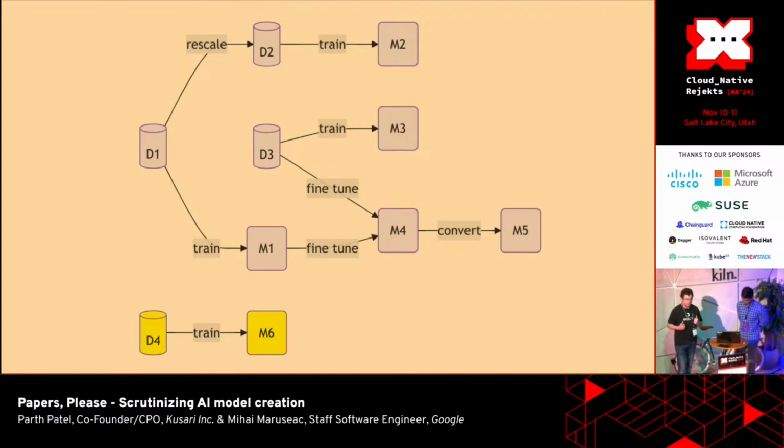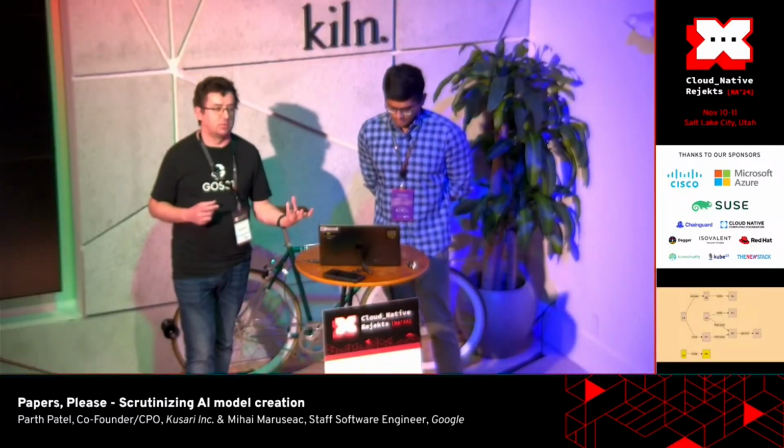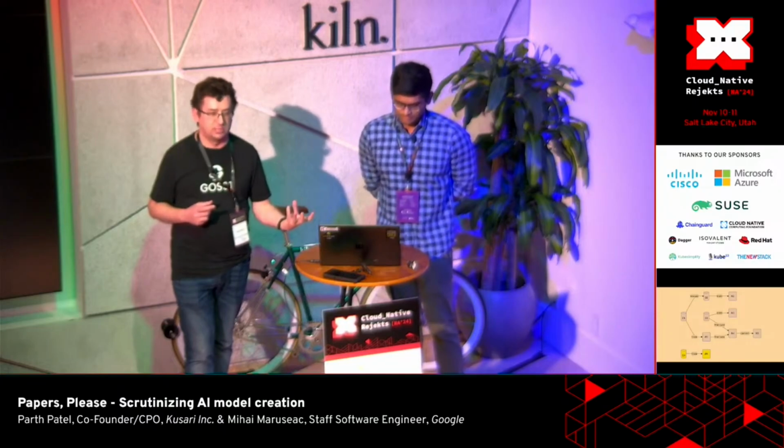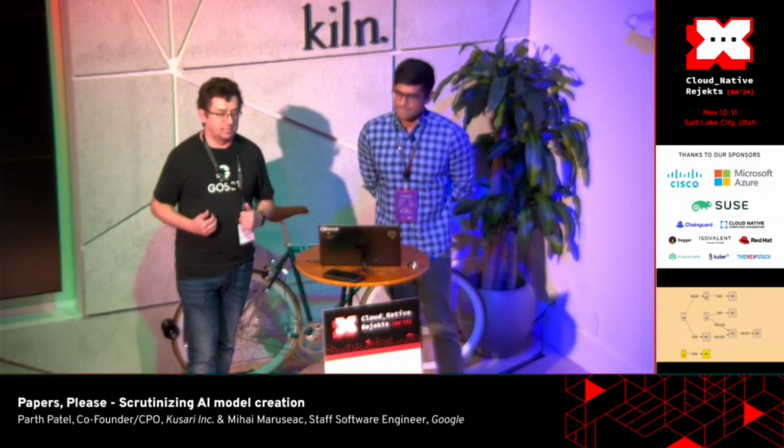And now if we have SLSA attestation for every step in this process, SLSA attestations that are complete, so that record both the input and the output, we can now analyze the entire graph. Humans can read the attestations, but also we can use tooling. And that's what we're going to go into for the remaining of the talk. So we have worked to extend the SLSA. Instead of just providing the final output and the repository, we also worked to record the data sets and the models that go into producing the model. And then we used some tooling, that we're going to talk about, to analyze this entire graph.